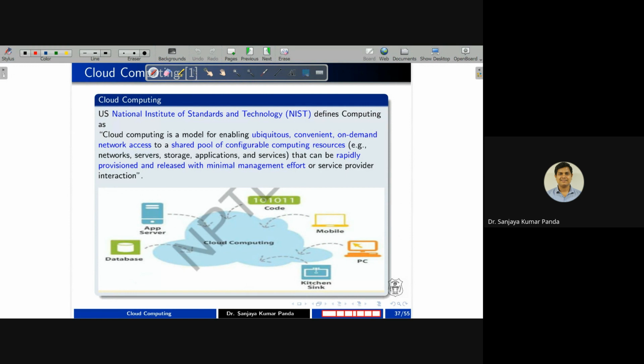For example, in a swimming pool you have plenty of water, right? If I take a cup of water from a swimming pool, you can see the water level is not drastically increased or decreased. Similarly, in the cloud case, we have a large pool of resources. Like the swimming pool has water, in the data center we have a large pool of varied resources. It may be network, server, storage, application services, and many other things.